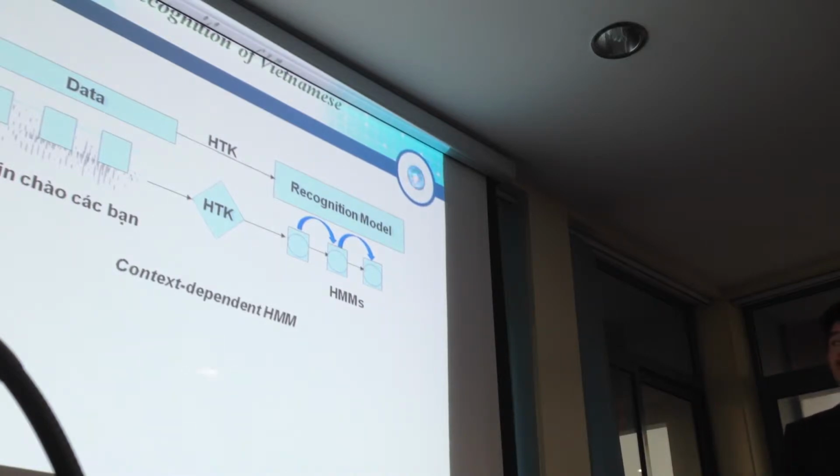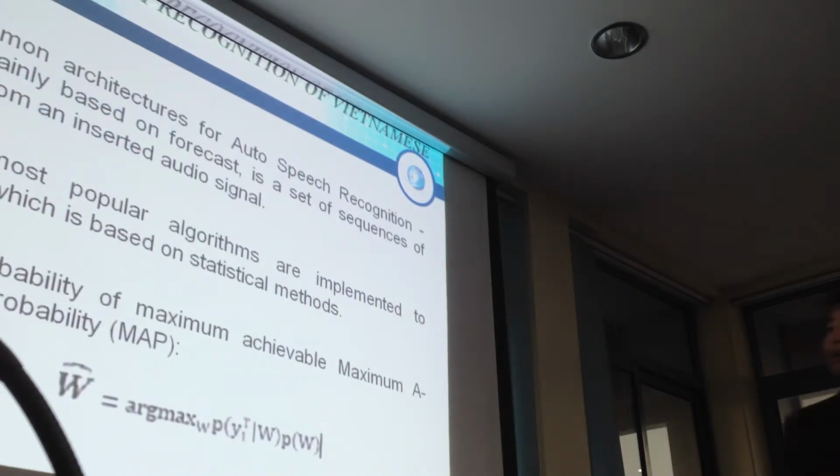With speech recognition, we use the advantage of the statistical model, the hidden Markov model. For Vietnamese, the input text will be converted to a set of phonemes, and each phoneme will be represented by an appropriate HMM. The number of states, in this example 3 states in an HMM, relates directly to the characteristics of the phoneme in Vietnamese. And the hidden Markov model is one of the most popular algorithms implemented for pattern recognition problems.